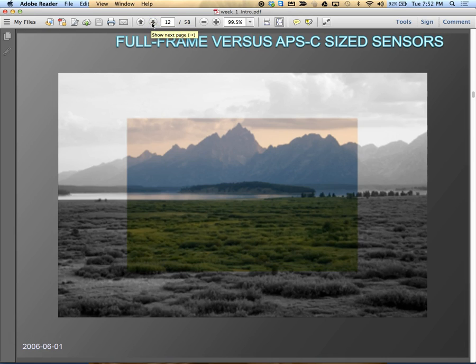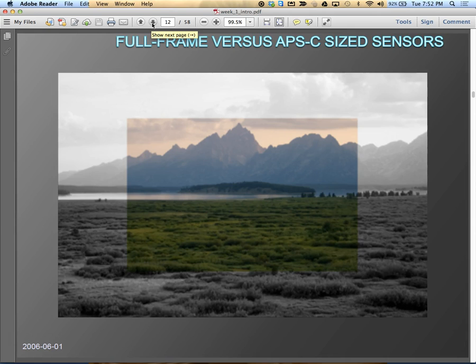Full frame versus APS-C size frame sensor. What this means is 35 millimeter is the frame outside of the gray area. So basically, what I was used to taking with 35 millimeter on a frame, this part here, all the way out, around. Today, the largest spectrum for most cameras is the kind of grayed in area of what you're allowed to take. And the sensor is what allows you, doesn't allow you to take it, not really the